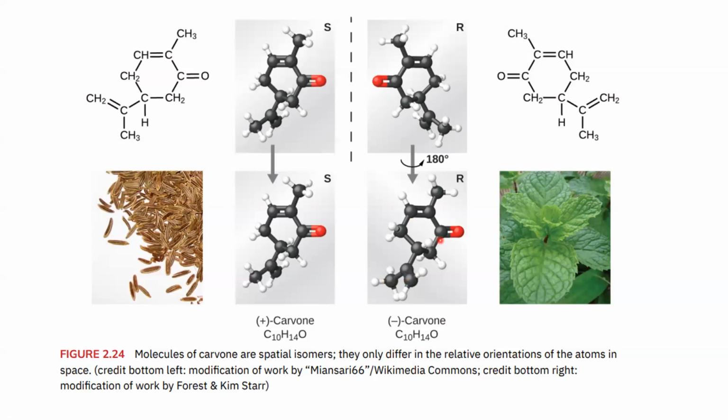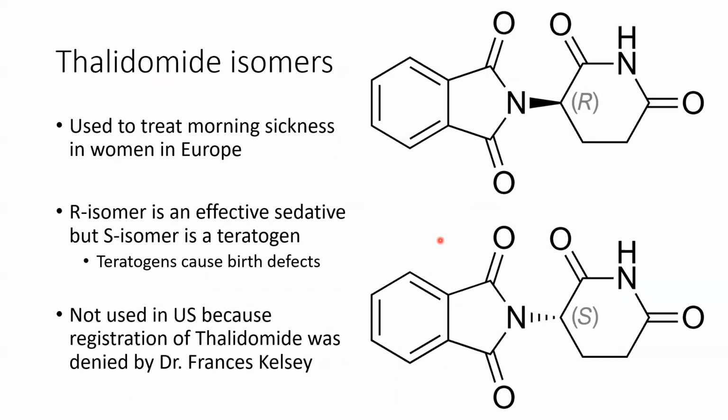And with this, it also, like I said, has big impacts on human health, because a lot of the times with these types of isomers, and if you take organic chemistry, you'll go into exactly what R and S represents. We essentially assign priority to the different things that are bonded to it, and then depending on if that priority increases clockwise or counterclockwise is how we get R or S. If you take organic chemistry, like I said, that'll be something that you really focus on. But in terms of human health,